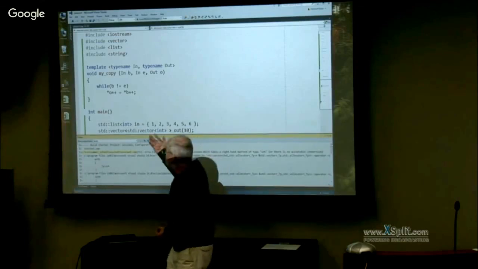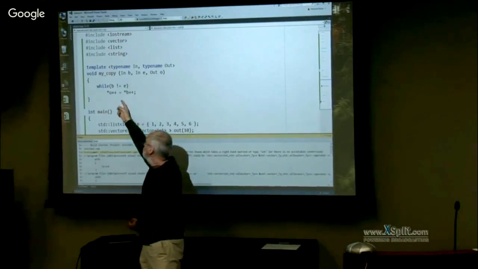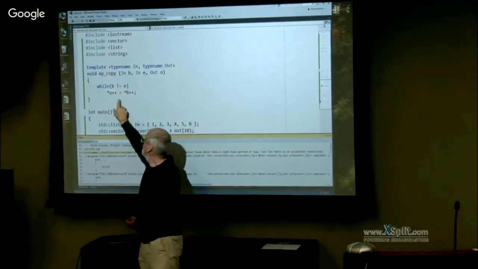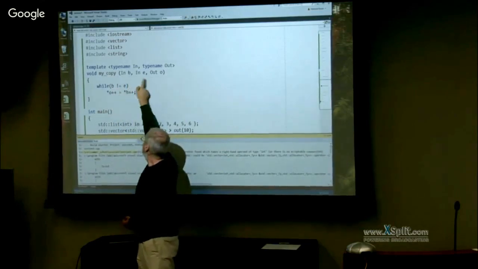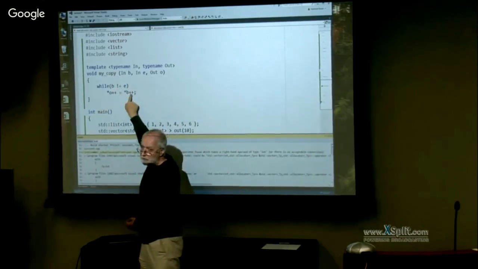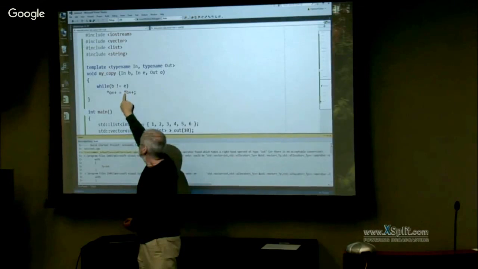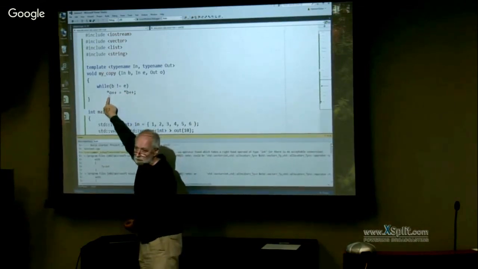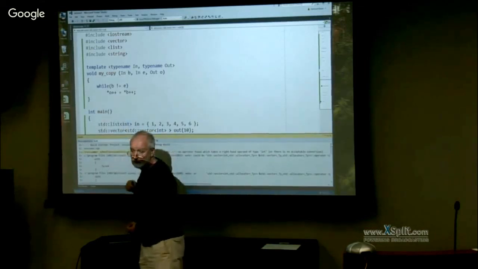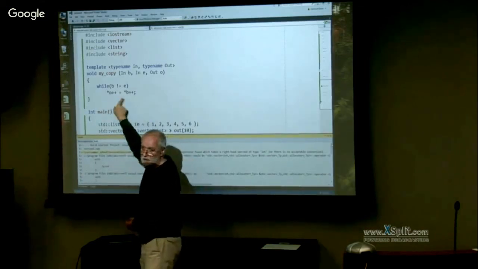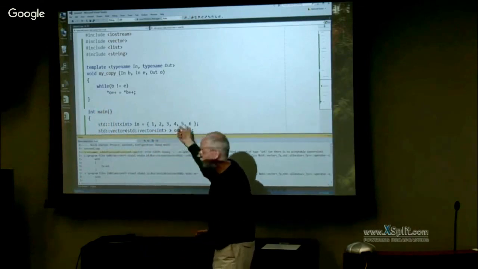So that is essentially what the requirements are, right? We require that these things are comparable, that begin and end have an indirection and a plus plus, and that the type returned from dereferencing is assignable to the type of whatever the other one returns. And the last constraint is not fulfilled. That's all.